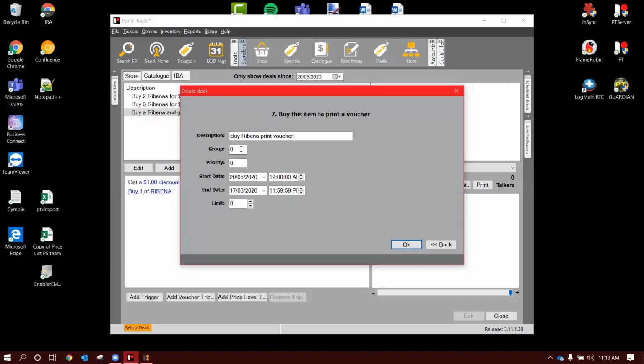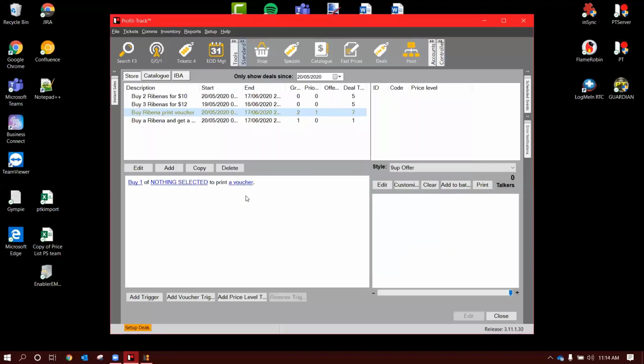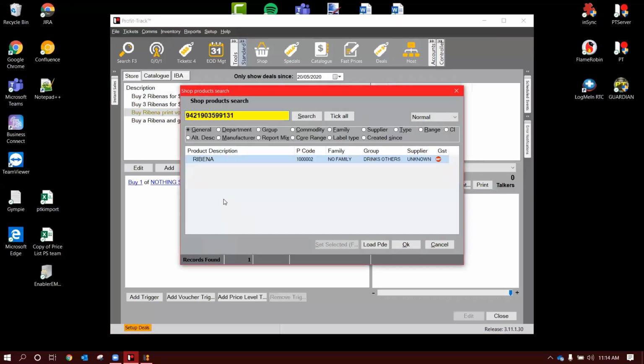So we'll keep it simple. Group, I'm going to just put this in a completely separate group, and I'm going to give it a priority just so that it's separate from the ones we've created and it's the highest priority because I want this one to scan above all else. Limit 1, because we don't want to give infinite vouchers, or at least in this example we don't. Buy 1 of Ribena